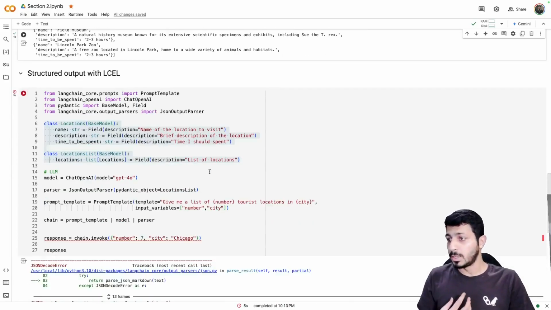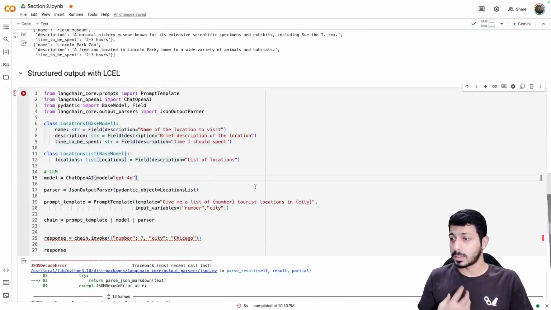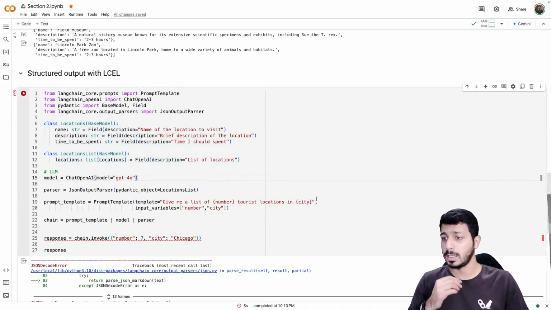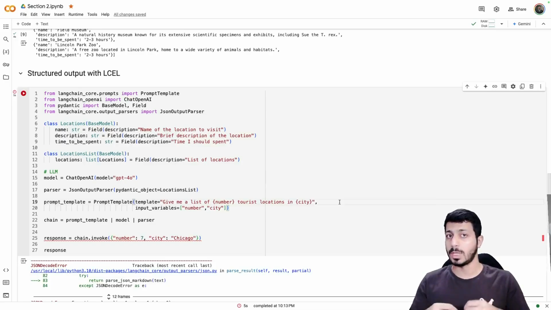But here, to ensure that we are getting the right response in the right format, we need to give our large language model explicit instructions on how the output of the model should be structured when we are querying it, so that we get the response. So we can basically define here that we need